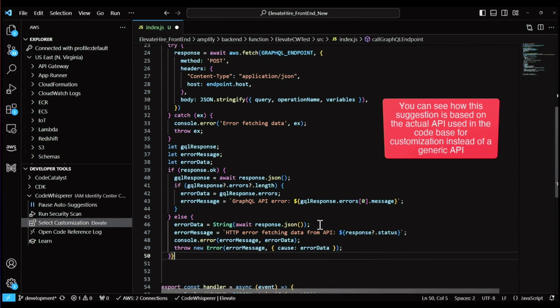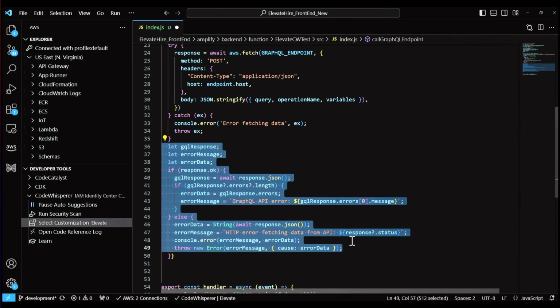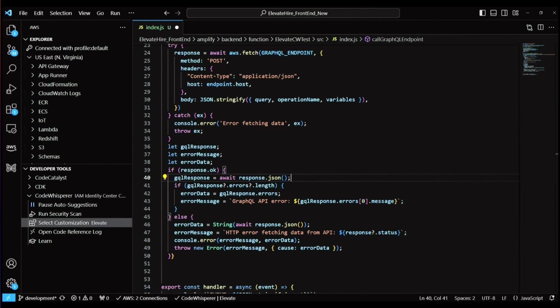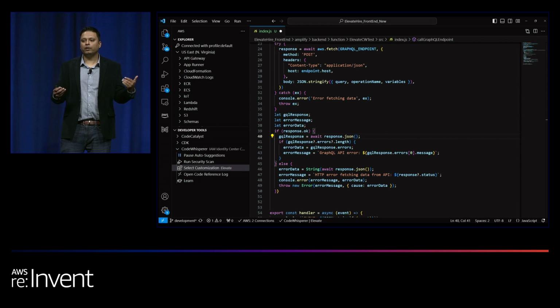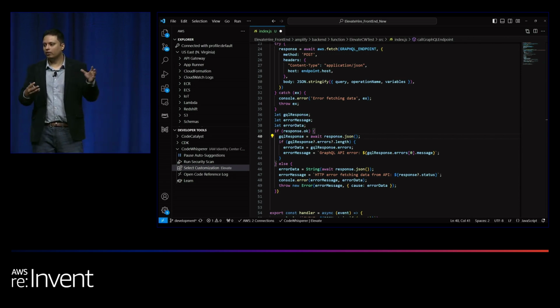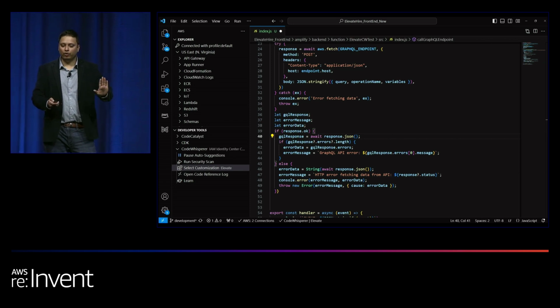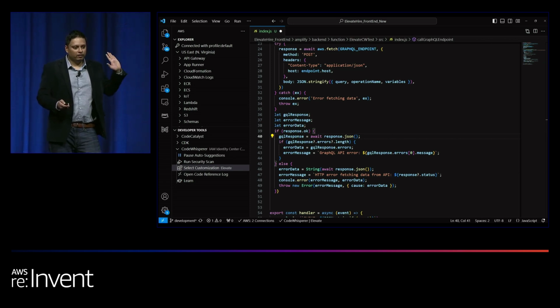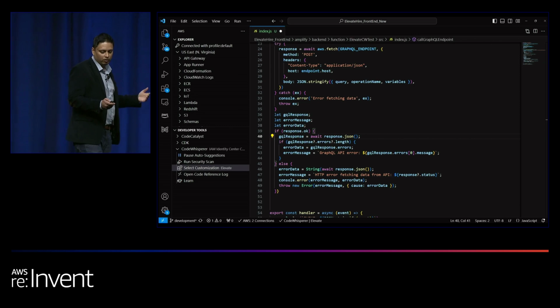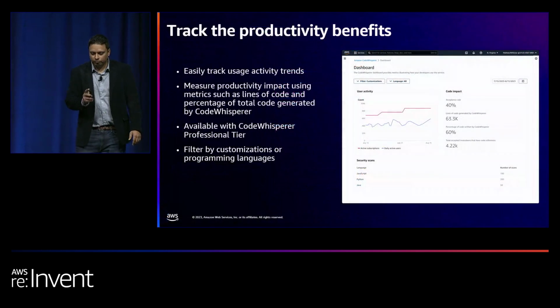And this is more powerful because just taking a generic code recommendation AI, while it looks useful, is not taking you 100% there. You will accept a few code recommendations, but you will have to change a lot to make it look like your code, your company's code. And this is where we want to take you that final mile, where a simple process of customization can help you do much more with code recommendations.